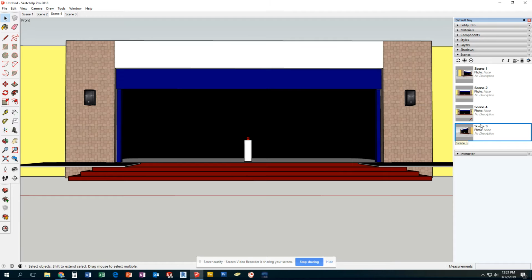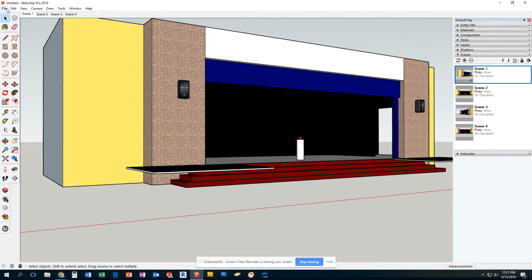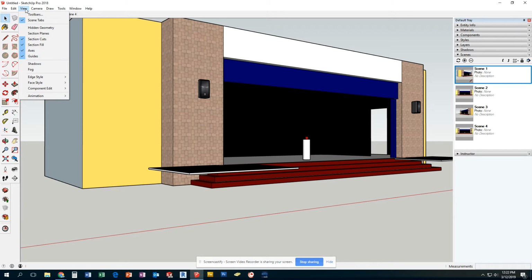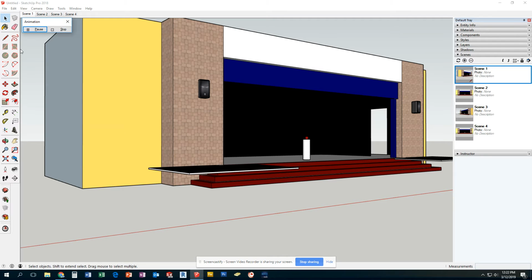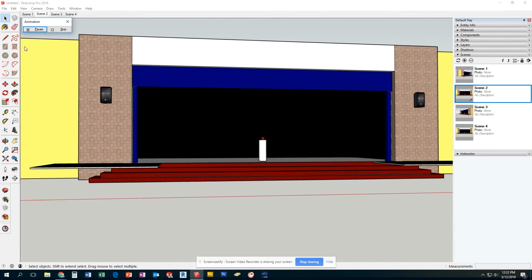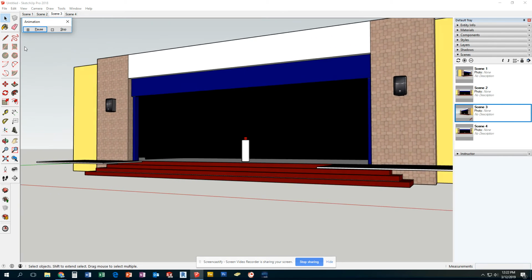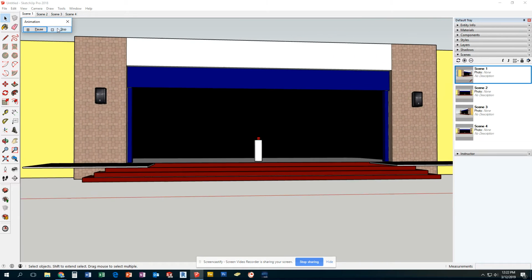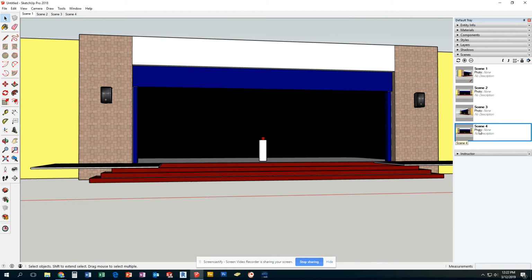So I should be able to move these. So move scene 3 up. Sorry, I have to use my arrows here. Move scene up. So now what it should do, as I go back to the beginning, and I'm actually going to go to View, Animation, and I'm going to pick Play. So from here, it's playing, it's coming to center, it's coming this way, it's coming back to center, and that's where it stops. I'm actually going to stop it there, go back to scene 4,